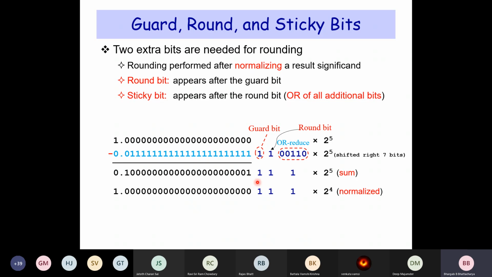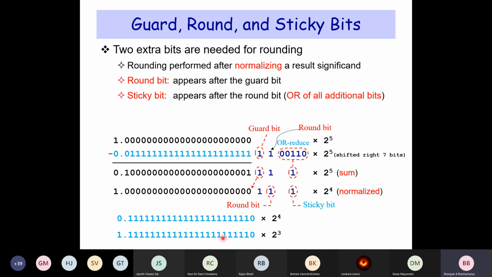If you consider the guard bit, since you are subtracting, the result would be further reduced. For accuracy, this should be further reduced because there are some significant bits here which are lost. And then when you normalize it, you keep shifting and so on. And finally, you may need to round it, because see, there are a round bit 1 and a sticky bit 1. It means that there are significant values which have been shifted out. In case of rounding, that information may be useful.